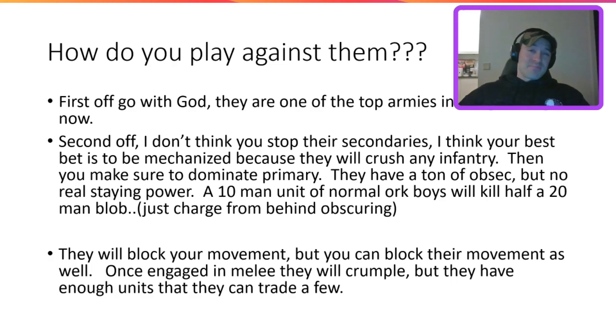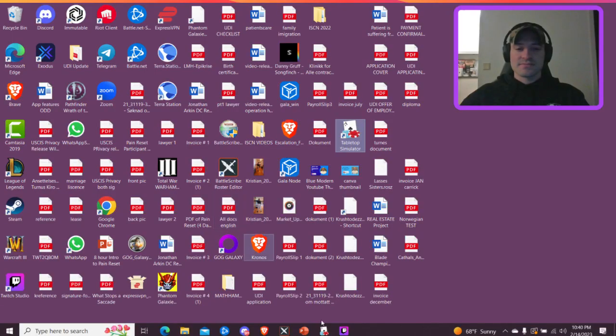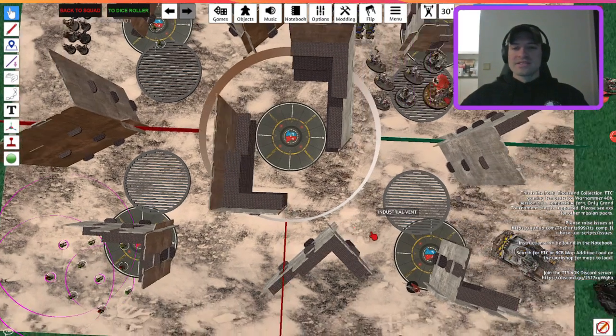Assassination is a little bit of a trap. Here's a little thing that we failed to mention. So their characters have an ability to pass off wounds onto other models. So let's say you have a unit of 10 Neophytes and a Primus. Or you know what, let me just go to Tabletop Simulator and I'll show you this. So let's say I have